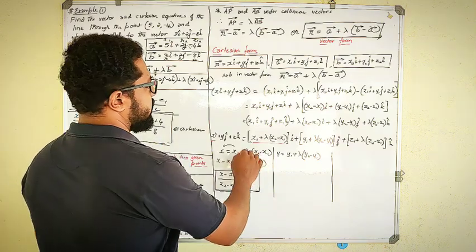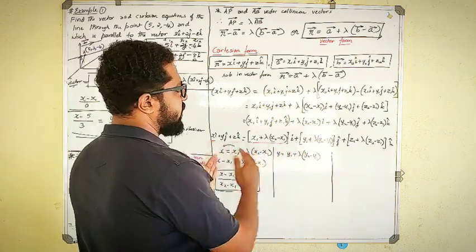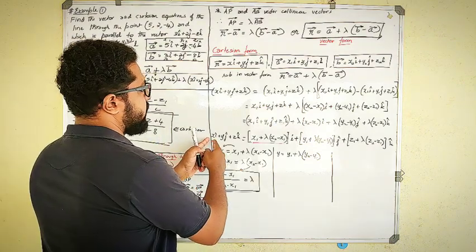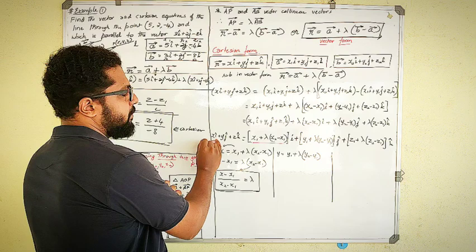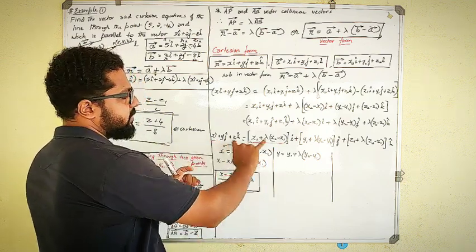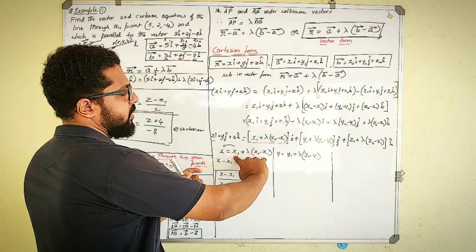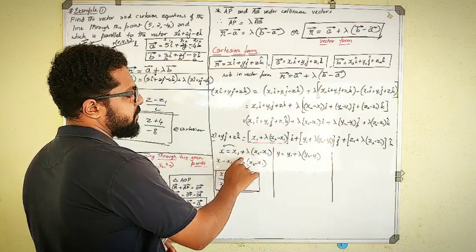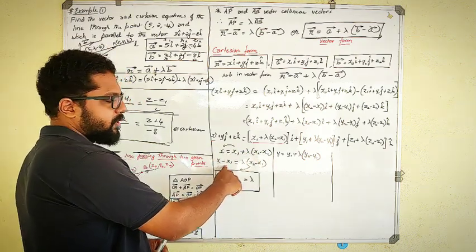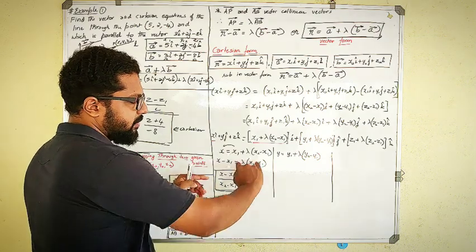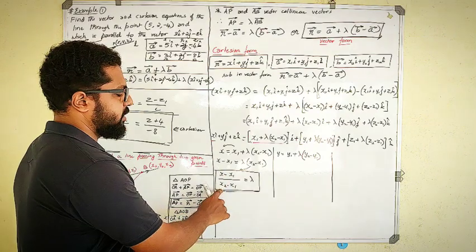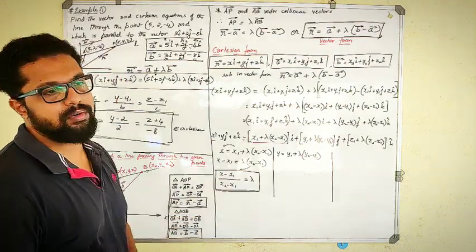Fine. Then I will write the left hand side and right hand side and compare with each other as we have done in the previous derivation. So this x component, that is i component and i component, I will compare. X is the same as this one, isn't it? I will write it here, x is equal to x1 plus lambda into x2 minus x1. x1 I will shift to this side, it becomes x minus x1. Then lambda into x2 minus x1 will remain. x2 minus x1 you take to the denominator. So it will be x minus x1 divided by x2 minus x1 is equal to lambda.